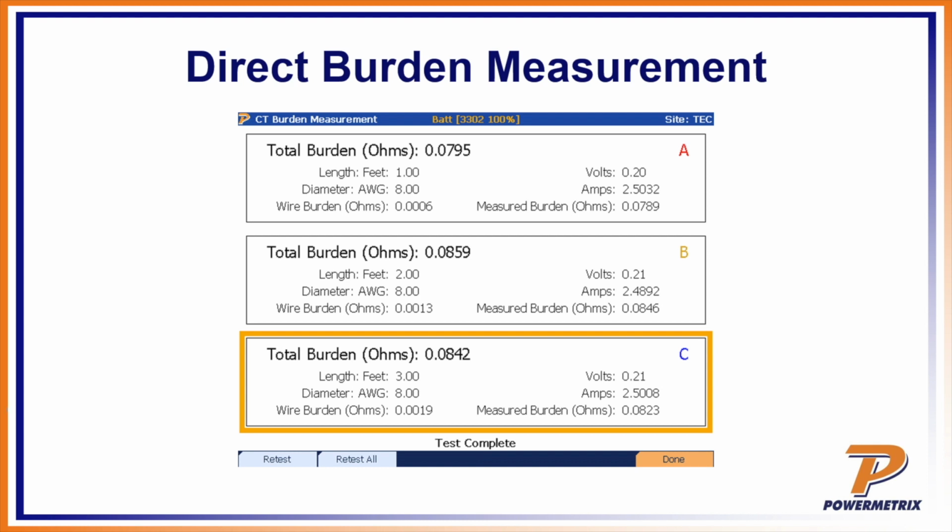And so this is what it would look like on a 3 series screen. You'll hook up all your equipment, and you'll notice that over here on the right side, on this particular CT, I'm measuring 0.2 volts and 2.5 amps. And that's approximately the same on all 3 phases. When I do the division, that comes out to 0.0795 ohms of burden, 0.08 and 0.08. So in this situation, that would come out as a pass. This is telling me that I have the correct, or an allowable, amount of burden on that CT if it's a 0.1 class.